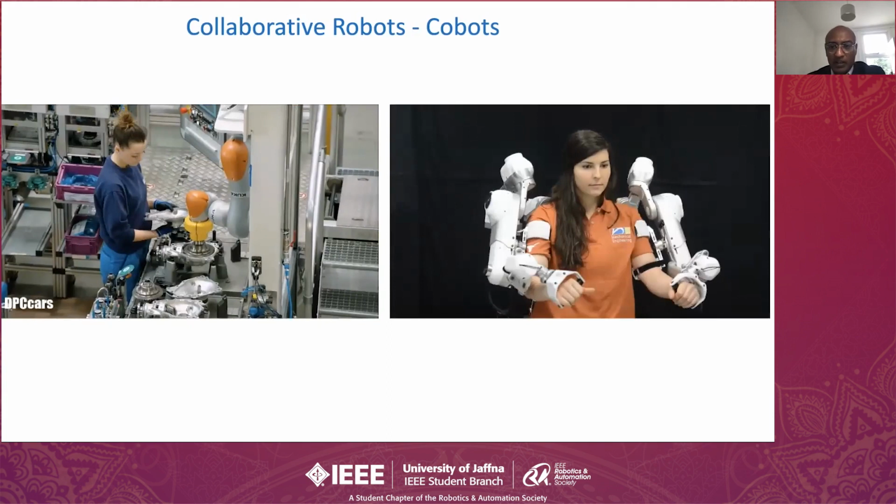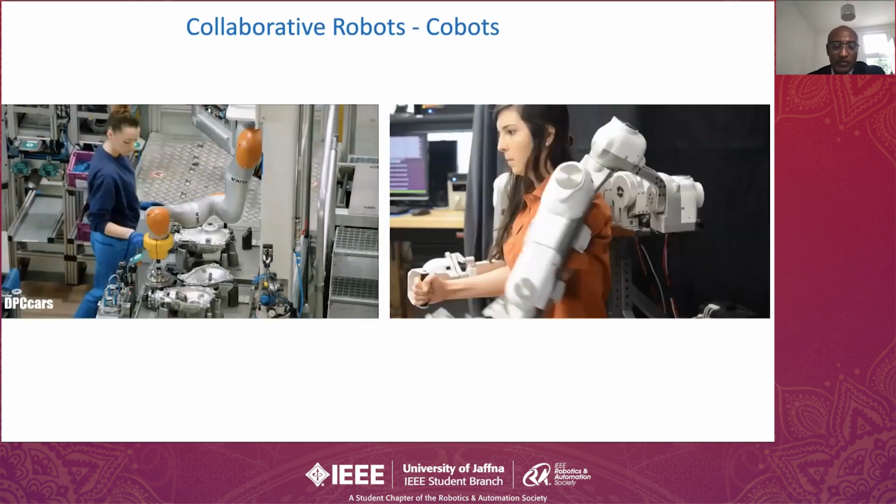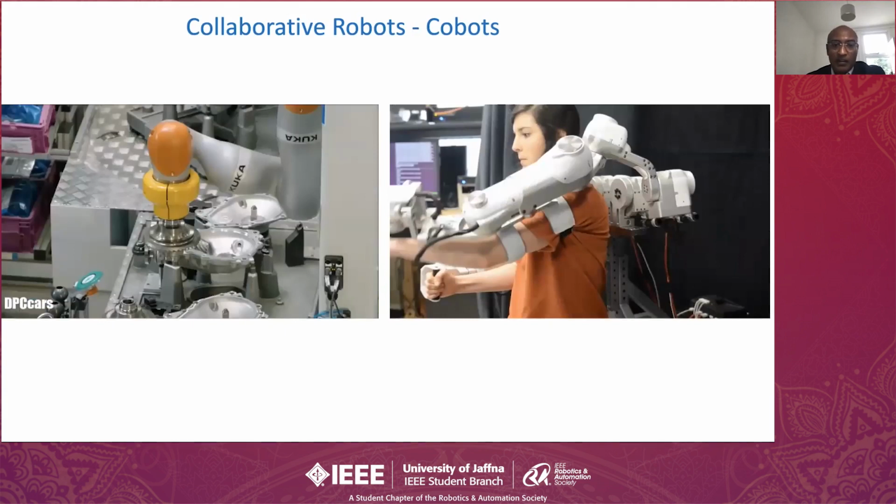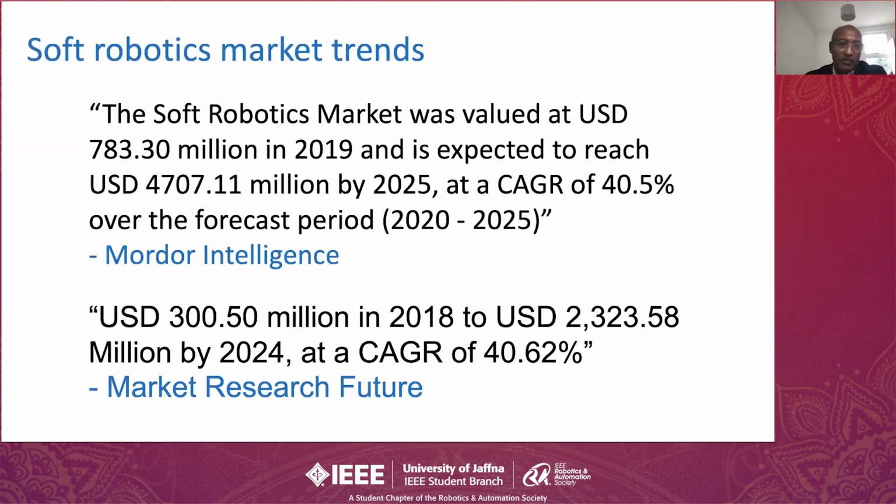So this is coming a little closer to soft robots, right? And the soft robotic market is growing roughly at about 40% compound annual growth rate. And roughly it is now about a $780 million market in 2019, and it is growing at about 40%. So I mean, different market intelligence agencies can vary in their predictions, but soon it is going to be a couple of $1 billion markets. So it is rapidly growing.